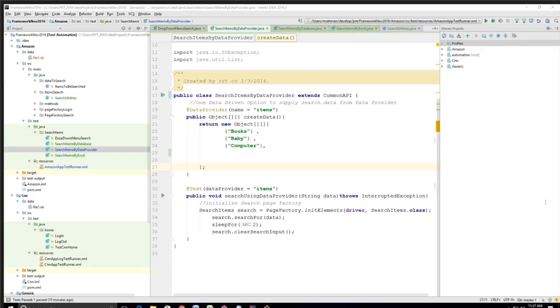To read a specific column from the Excel sheet, you have to give the specific column name, right? So maybe you could say